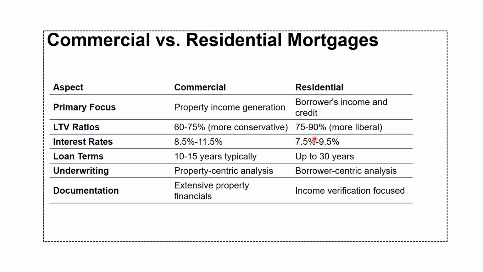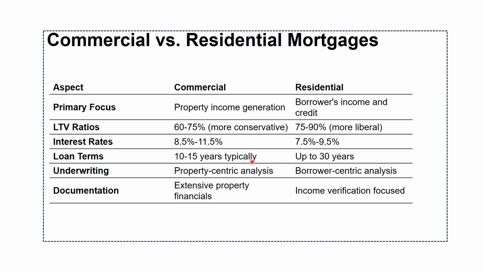For instance, an ICICI home loan might be 8.5%, but a warehouse loan could be 10%. Terms are shorter, 10 to 15 years versus up to 30 years. That is the difference between commercial and residential due to the market risk involved with commercial, which is higher in comparison